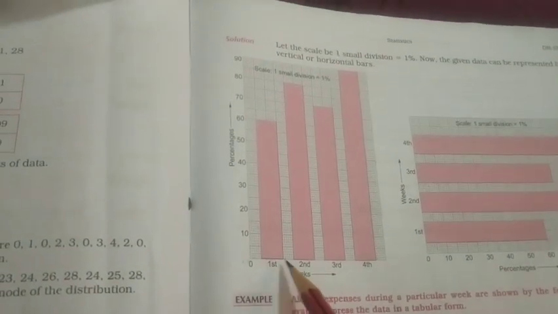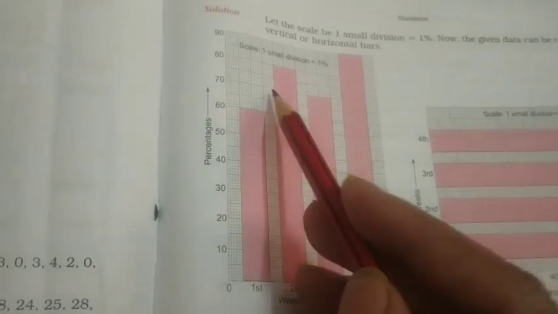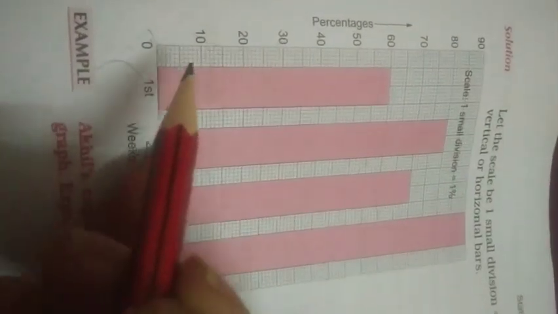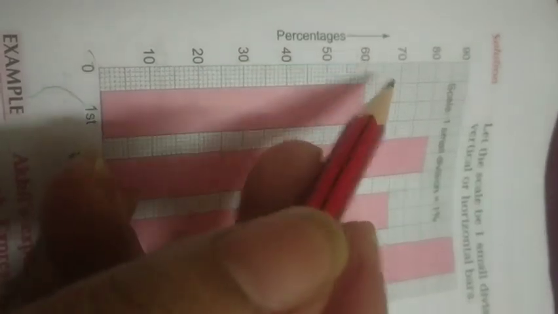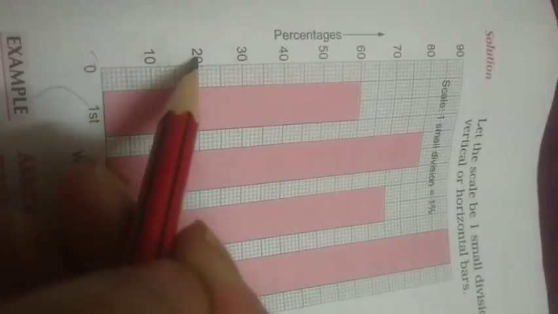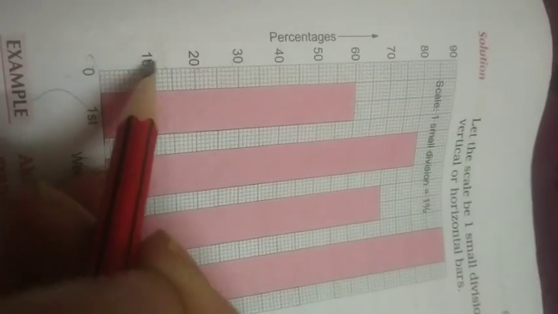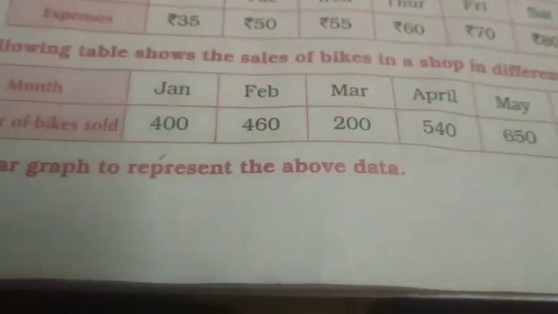On the x-axis we are taking the fixed quantity, whatever is in the data, and here we are taking the numerical, changing data. These heights are having different values. You can see here this value is 60, here 80, depending upon the data. Here you can see these numbers are 0, 10, 20, 30, 40. So it can be 0, 1, 2, 3, 4, or it can be 100, 200. It depends upon the given data.